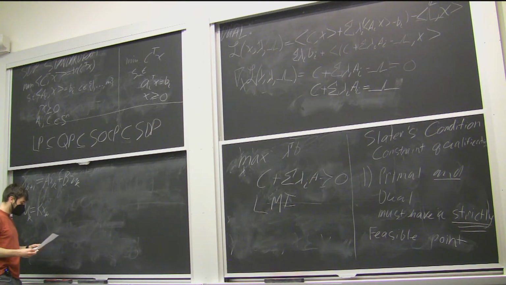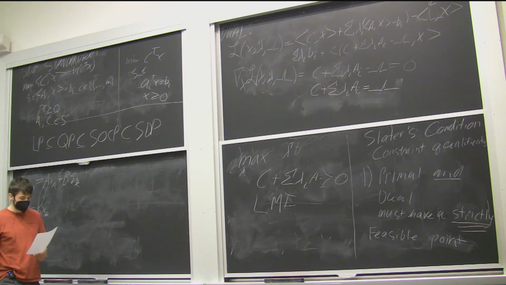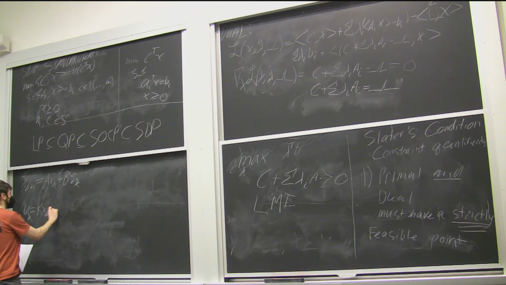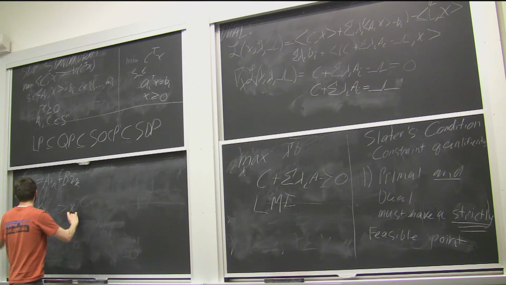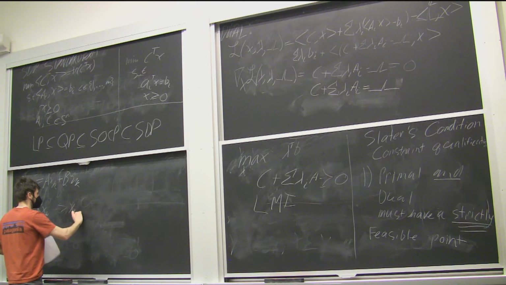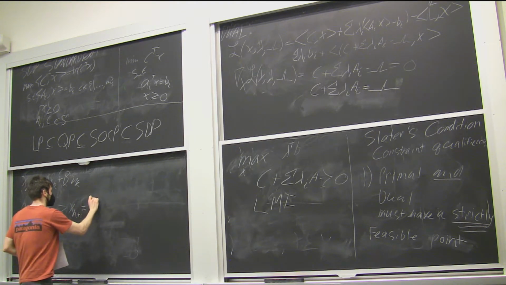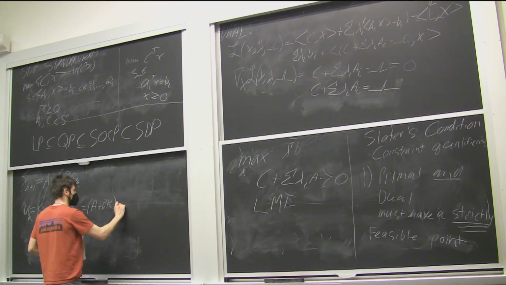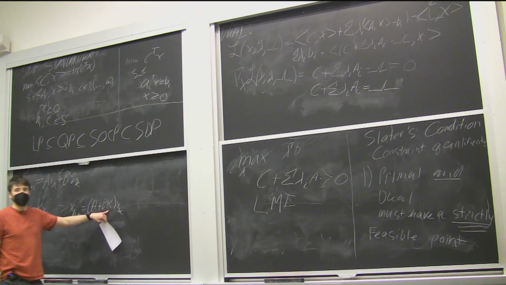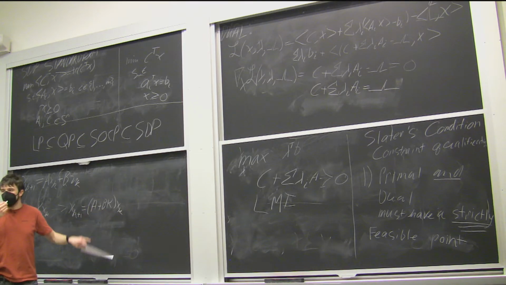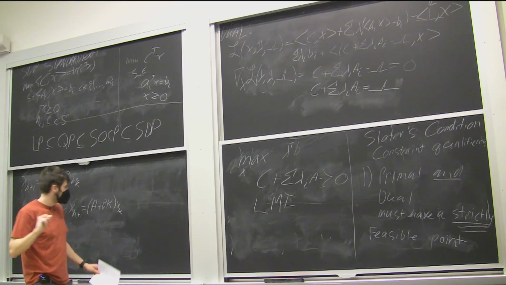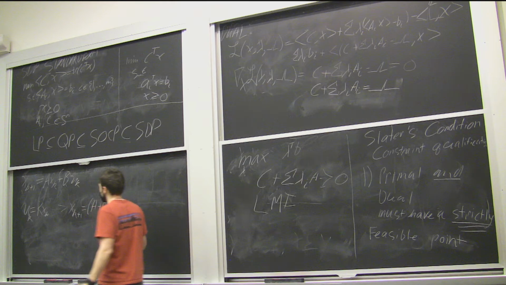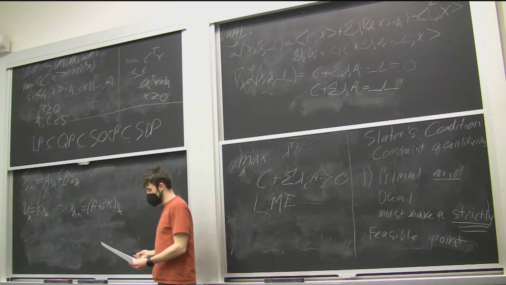So there's a nice fact about linear systems. If I apply this controller here, then x_{k+1} is equal to (A plus BK) x_k. And I want to be able to find this K such that the system is stable. So what stability means for a linear system is that I want